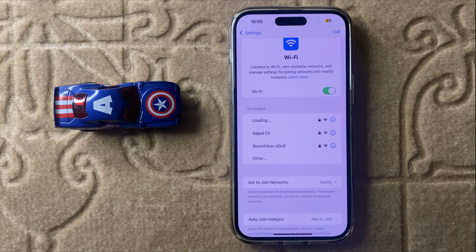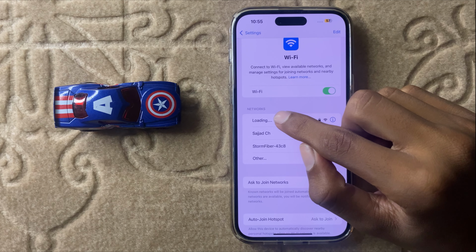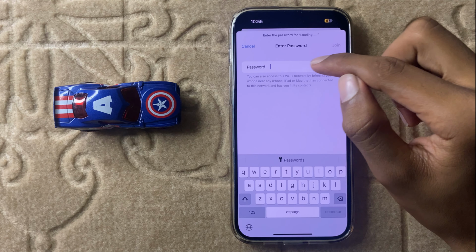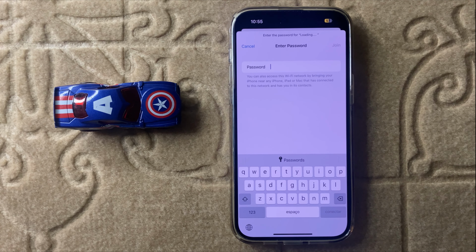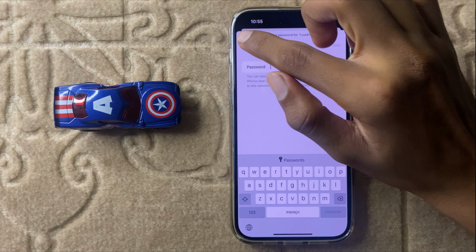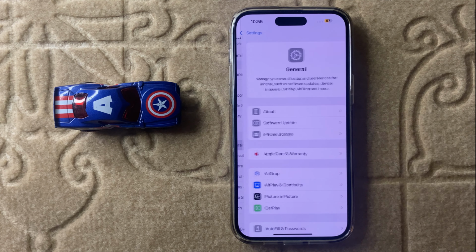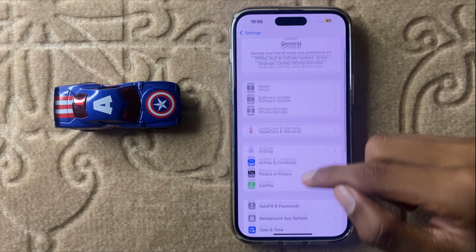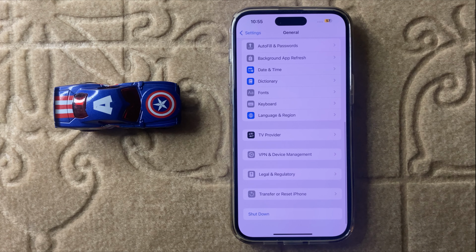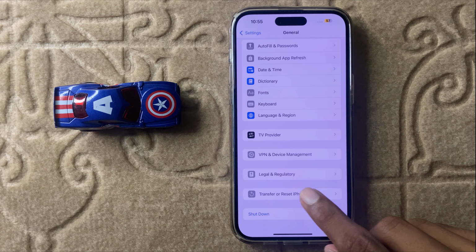And if you want to reconnect your network, then simply click on it, and here write your new password to connect your network. If it doesn't fix your problem, then go back and open general and scroll down to the last, and here you can see the option transfer or reset iPhone. Click on transfer or reset iPhone,